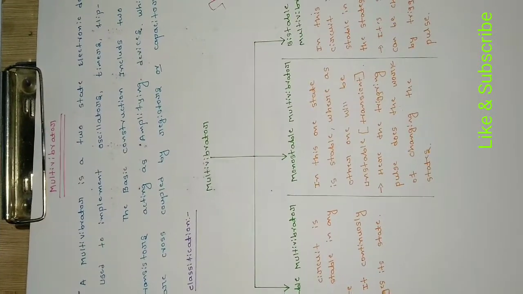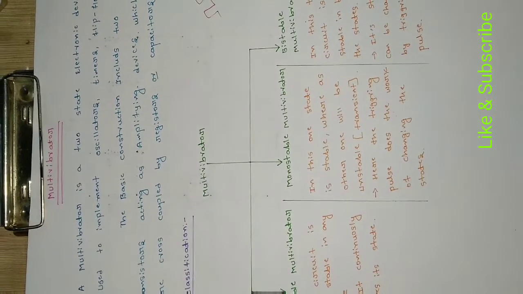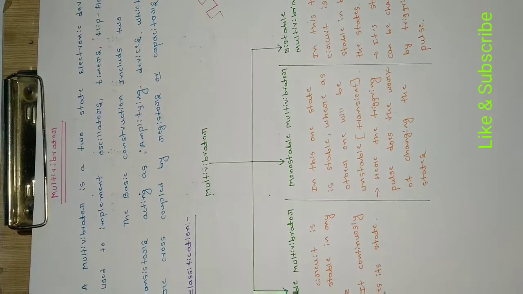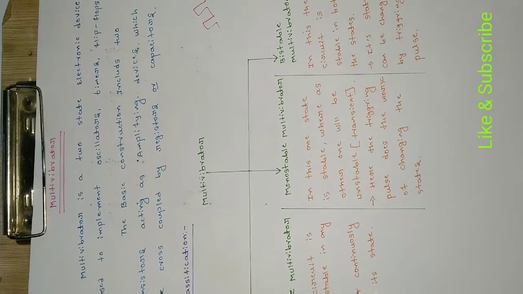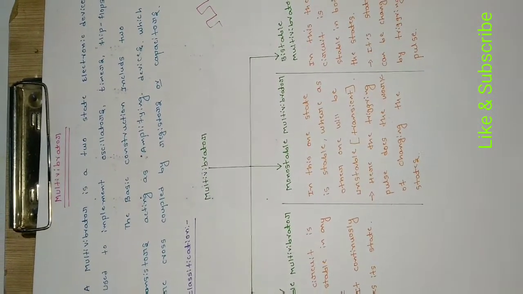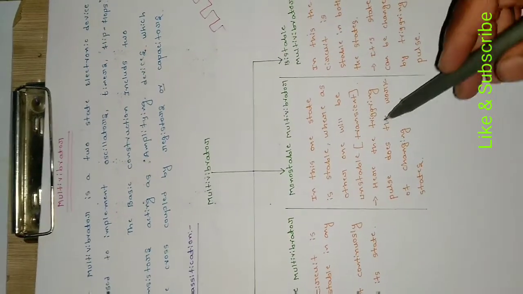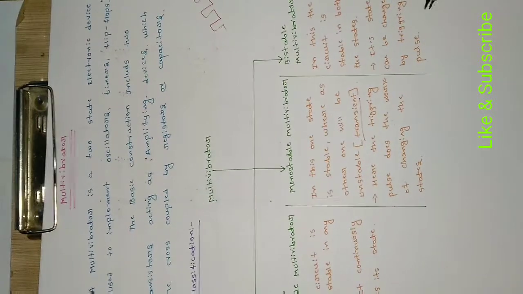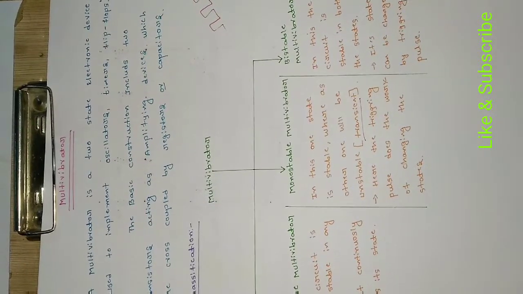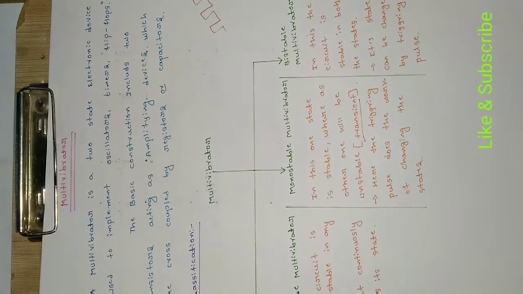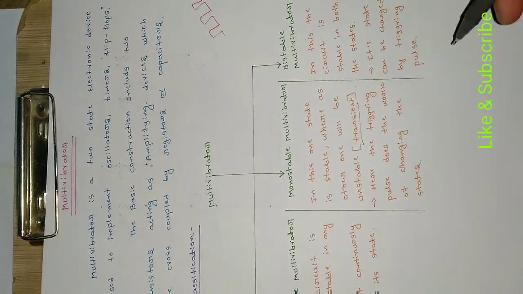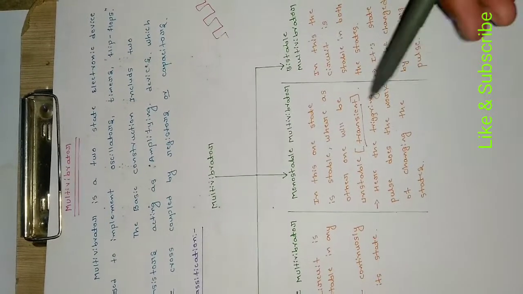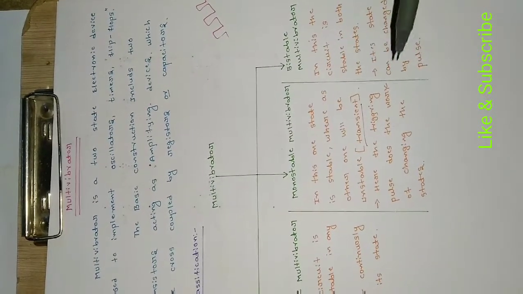The second one is monostable multivibrator. In this, one state is stable whereas the other is unstable. It has one stable state and the other unstable or transient. Here the basic meaning of transient is changing. We will be having one state as stable. We require a pulse to change from the stable state, and we don't require any external pulse to maintain the monostable multivibrator at the unstable state.